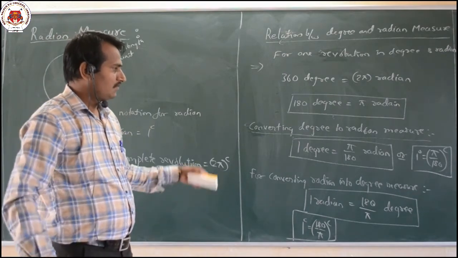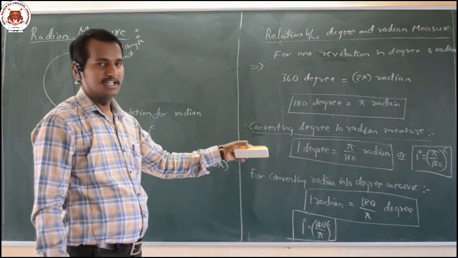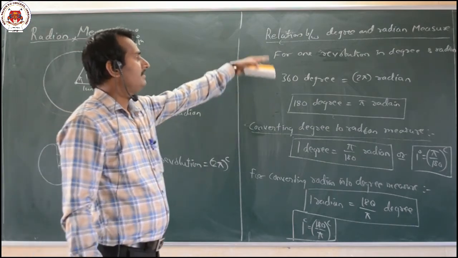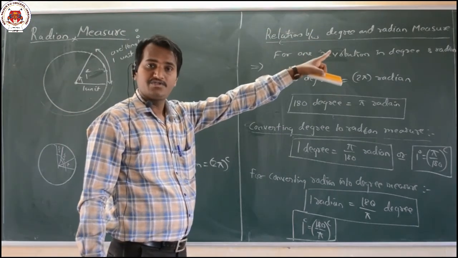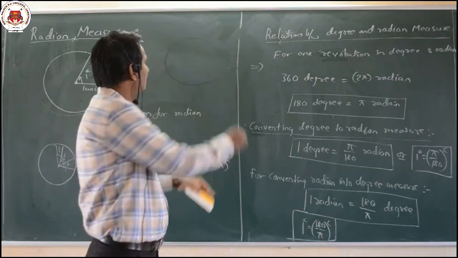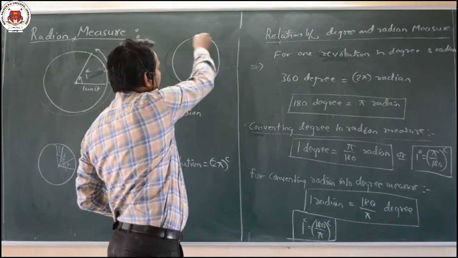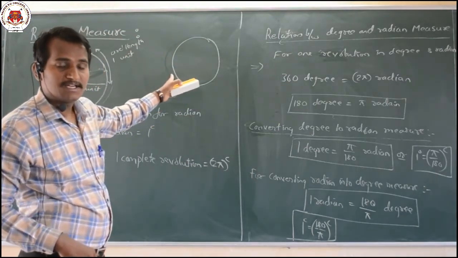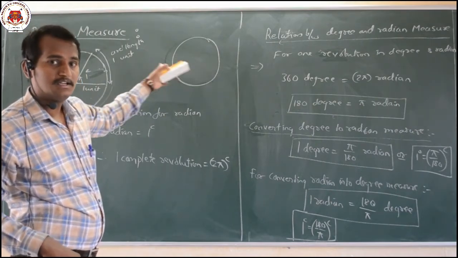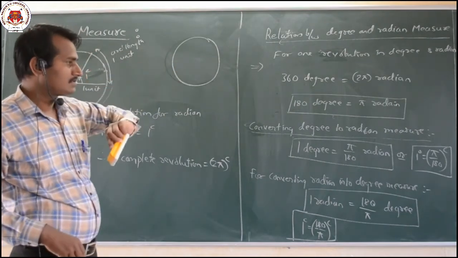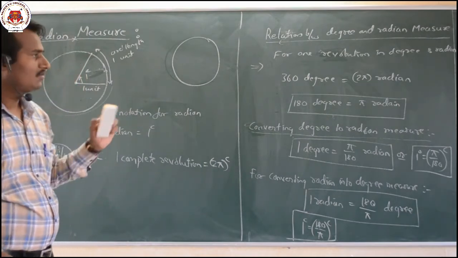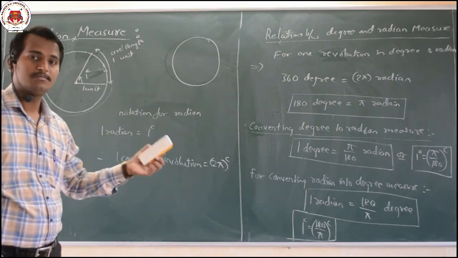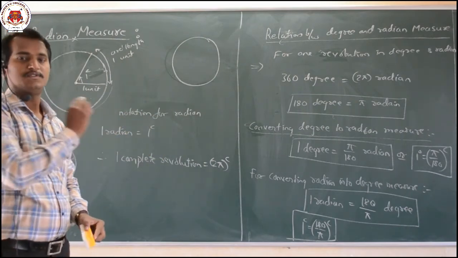Okay, dear students. Converting from degree to radian and radian to degree plays a very important role. How does it come? By making use of the relationship between degree and radian measure. One complete revolution in terms of degrees means 360 degrees, and in radians it is 2 pi, which comes from the circumference of the circle. Now let us learn a little more about degree to radian and radian to degree conversion, and look at problems related to it. Please pause the video to note it down.